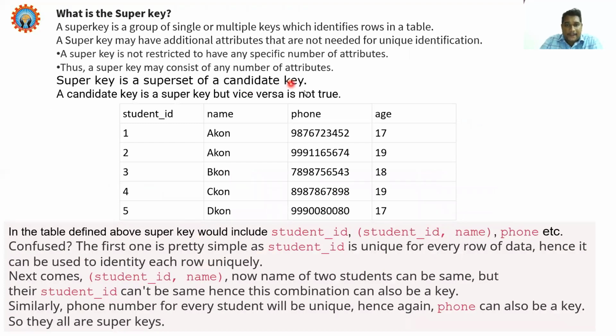Next, what is a super key? See, if there is only a unique key property of attributes, that is a candidate key. For example, if I want a student name, I can retrieve the student name by means of the primary key attribute, not by name, so that we get a unique property. If I retrieve based upon name, there will be duplication of data.